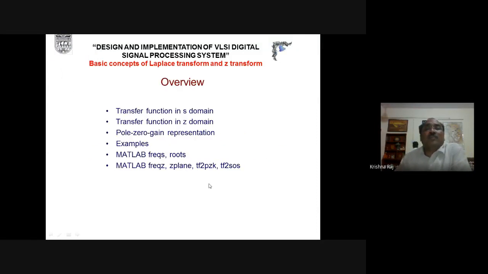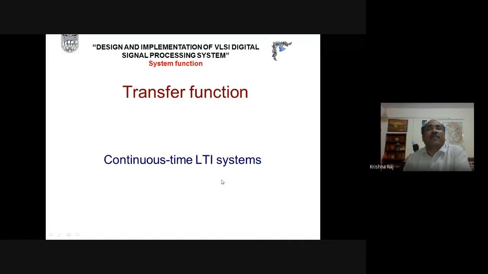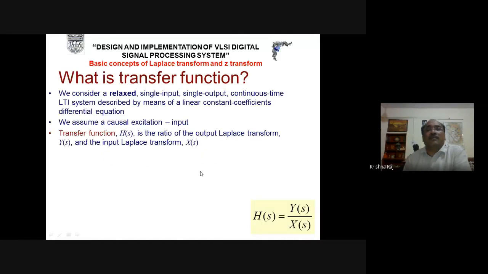Frequency response in the S plane, frequency response in the Z plane. How these responses and the pole zero locations and positions will be described using MATLAB, because using the mathematical concept for a very complex function becomes a very tedious job. That's why we will use MATLAB here, and these functions will help us get the result. First, we consider the continuous LTI system.